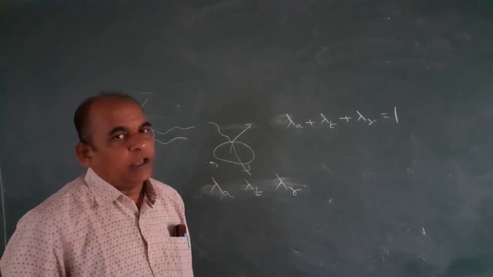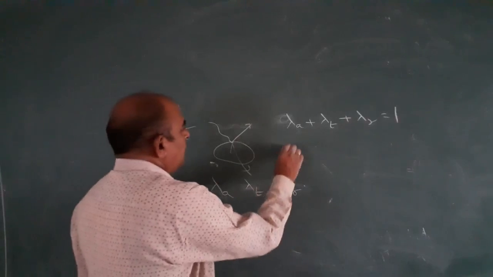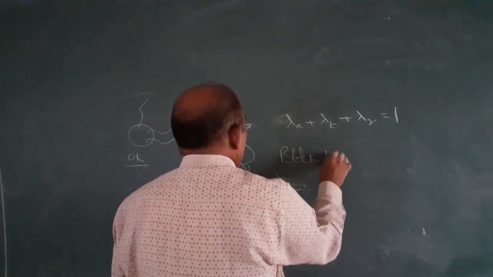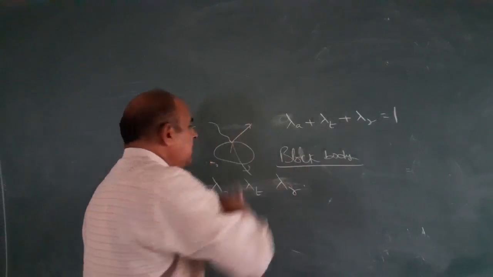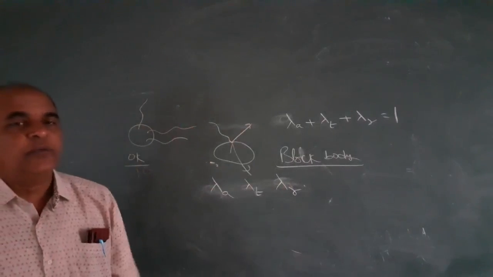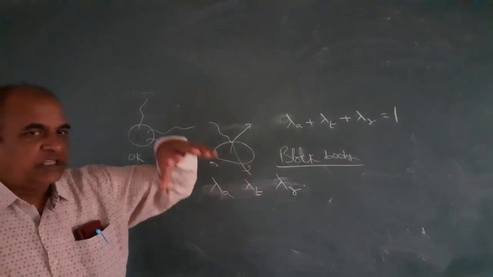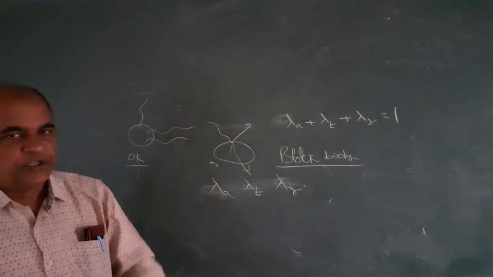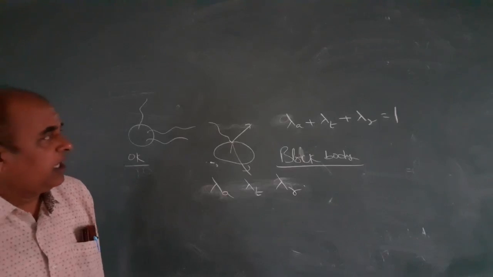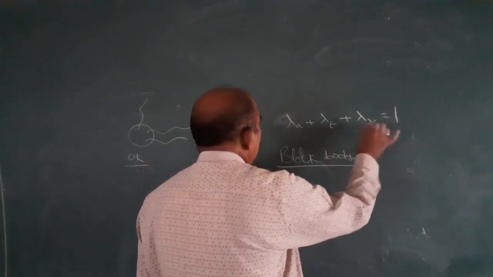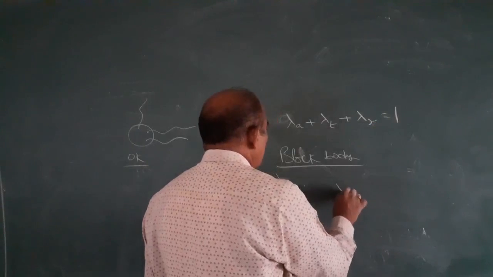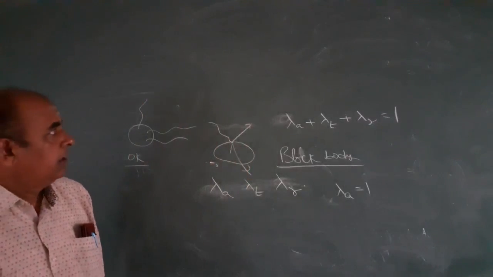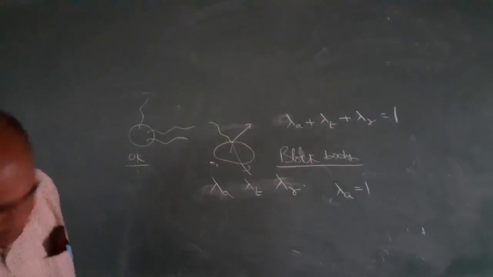A black body is one which absorbs all the radiation incident on it. Suppose some radiation is incident on a body and it completely absorbs it, with no reflection and no transmission. That type of body is called a black body. For a black body, transmission and reflection are 0, and lambda A is equal to 1. And here we are going to discuss